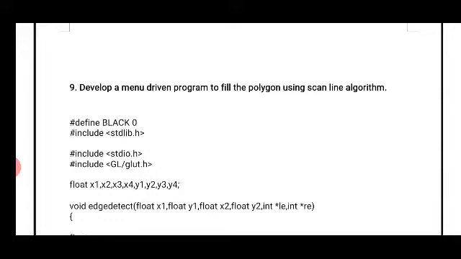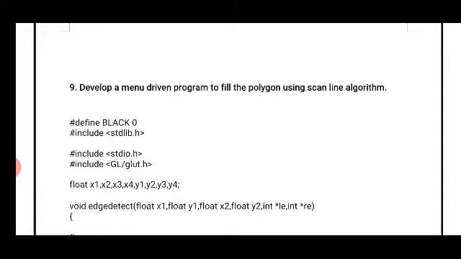Now this algorithm fills the region of a polygon by determining the intersection points of a line on boundaries, which means it is going to scan the y-axis lines one by one and note down the intersection points in pairs. The pixels which come in between these two intersection points are going to be colored with a particular color and filled. This is how this algorithm works.